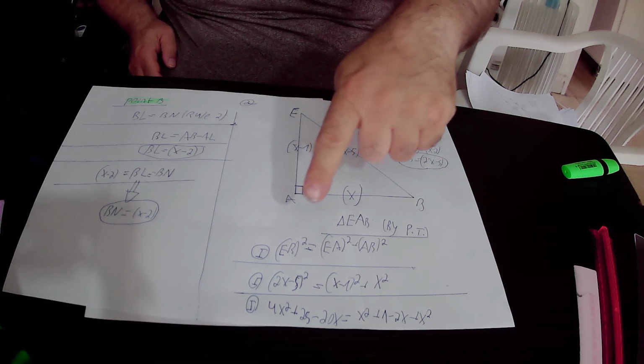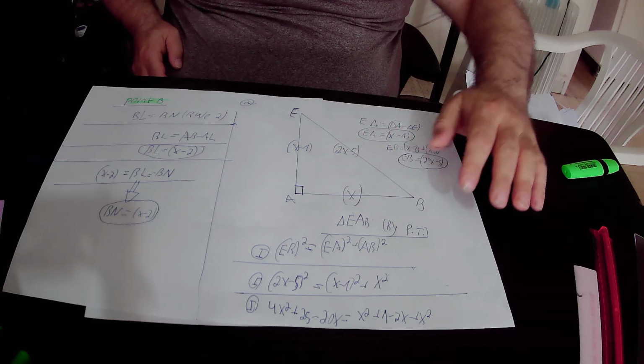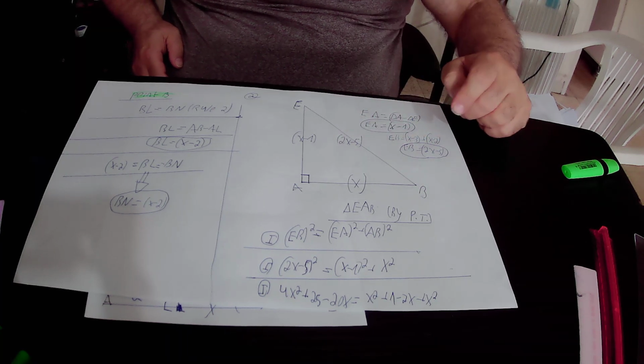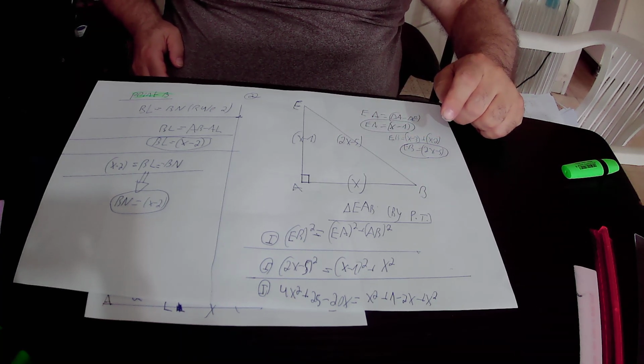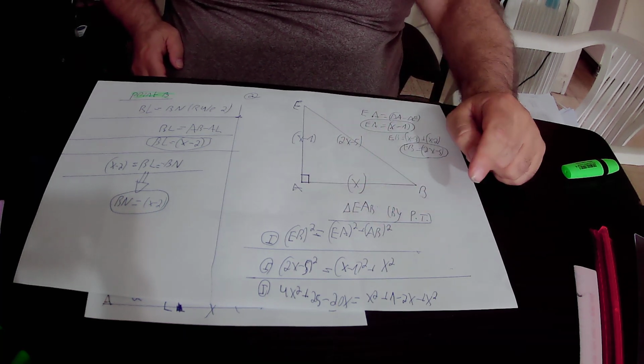So EB equals 2X minus 5, EA equals X minus 1, and AB equals X. We squared all variables, and we got this equation number 1,